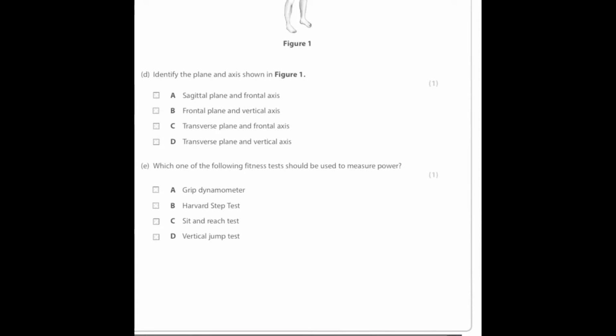Okay, so which one of the following performance enhancing drugs is the athlete most likely to take if they are suffering from a painful injury? Now, an anabolic steroid promotes muscle growth, so it's not that one. Beta blockers slow down muscle tremors and make you calm. Diuretics help you to lose weight, so that leaves us with narcotic analgesics, which is painkillers, so the answer